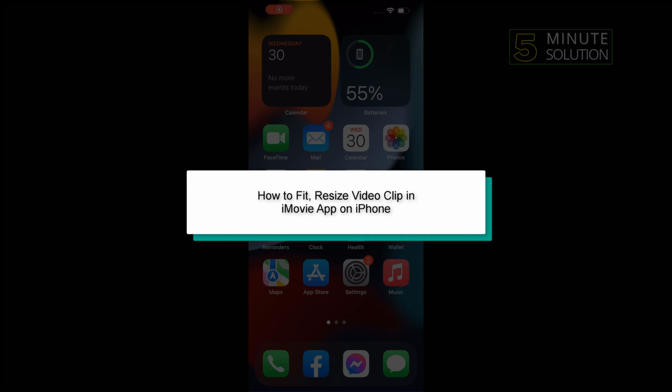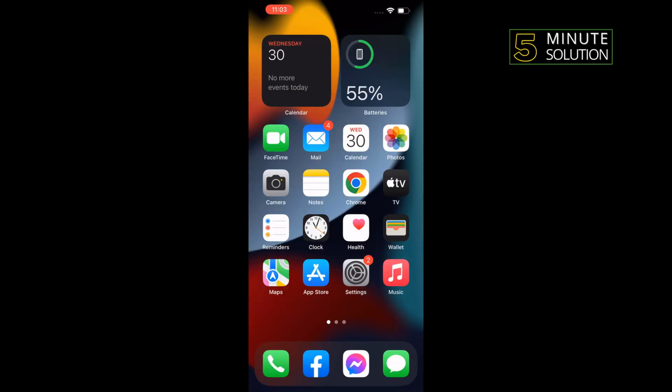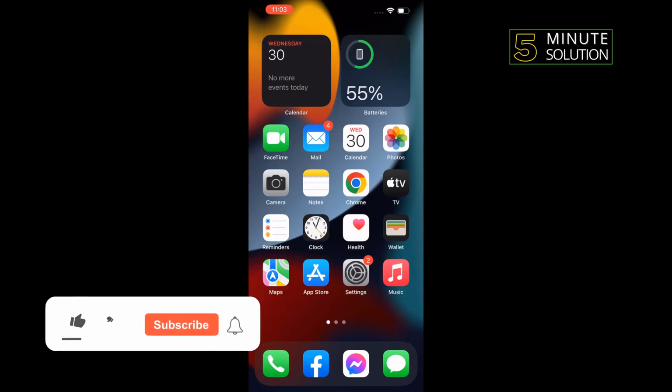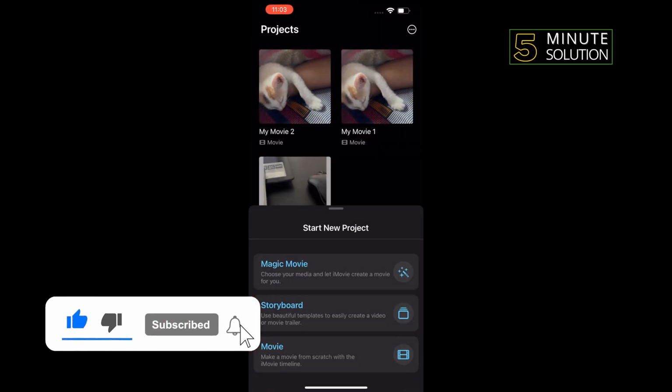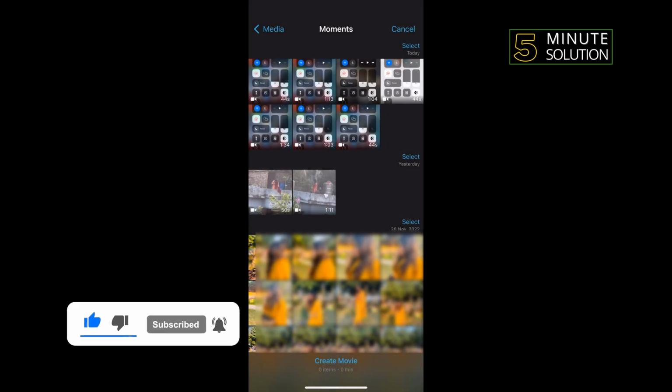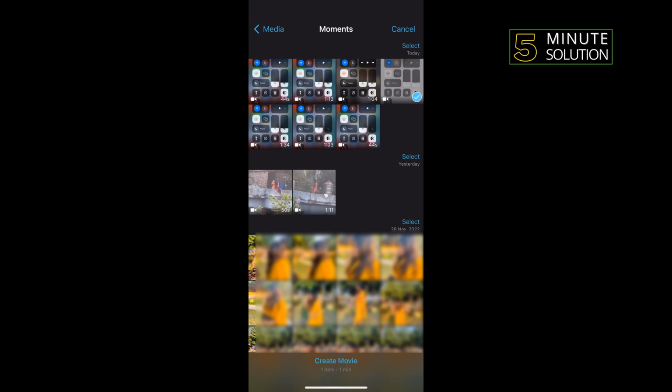Hello friends, in today's video, I'm gonna be walking through how to Fit Resize Video Clip in iMovie app on iPhone. First of all, open your iMovie app, tap on Movie, and select a video which you want to resize. Tap on Create Movie,